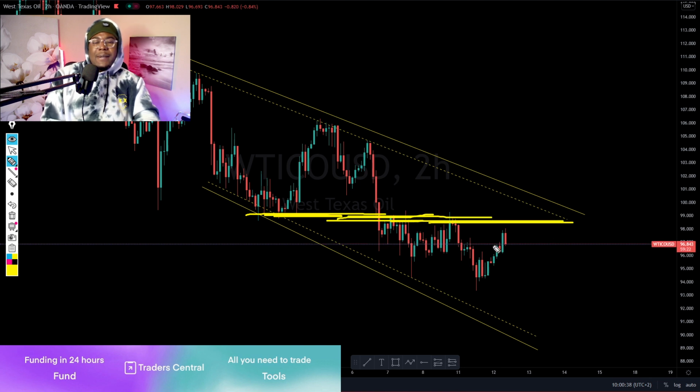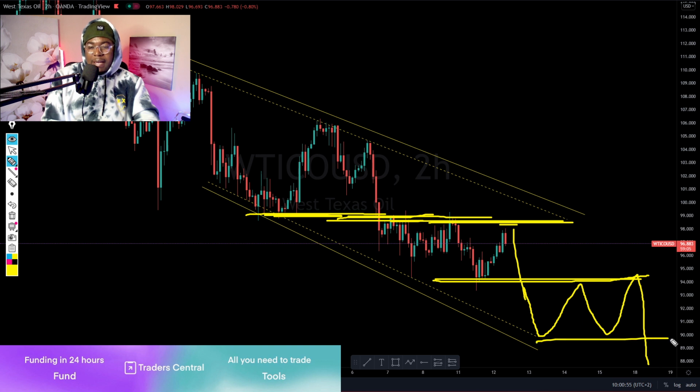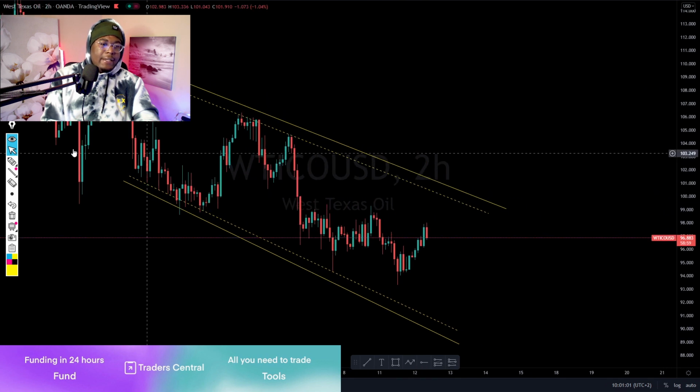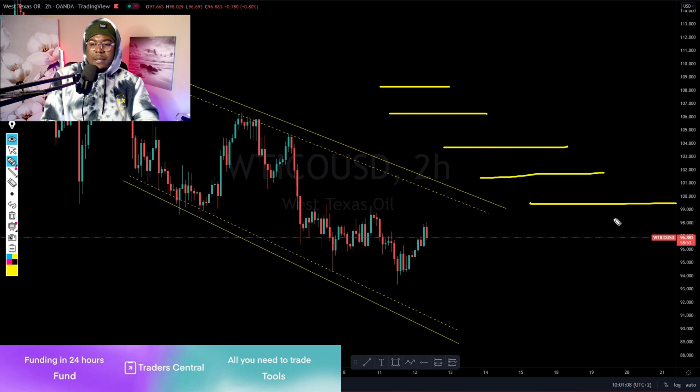Why? Because the market might sometimes create a move where it's going to respect this area and continue pushing lower. And even here, the market might create something again similar to what happened here, and create something like this again, pushing to the lowest side. I hope you see that. That's how the market moves. So if I do that on a clear chart like this, I can say the market might create something like this. I hope you're learning something, and if you're learning something, guys,